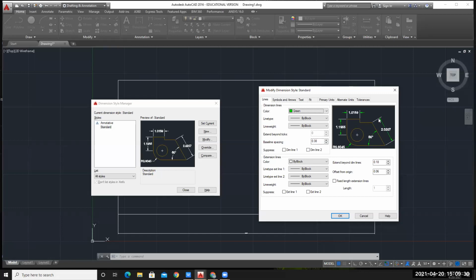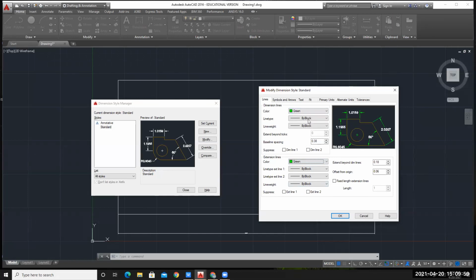Now I will change the color of this extension line also. If you want to keep it green, you keep green. If you want to give some other color, you can give that also. But I will keep it as green only because I consider that the extension line is also a part of your dimension line. So I have changed the color of your dimension line to green.